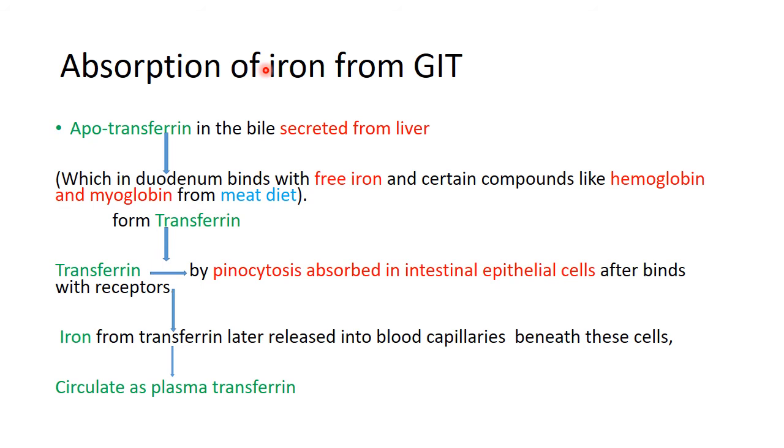Now, the absorption of iron from the GIT, how is it absorbed? I would like to tell you how the iron is absorbed from the GIT. It is apotransferrin in the bile which is secreted from the liver. So how is it secreted from the liver? It is in the form of